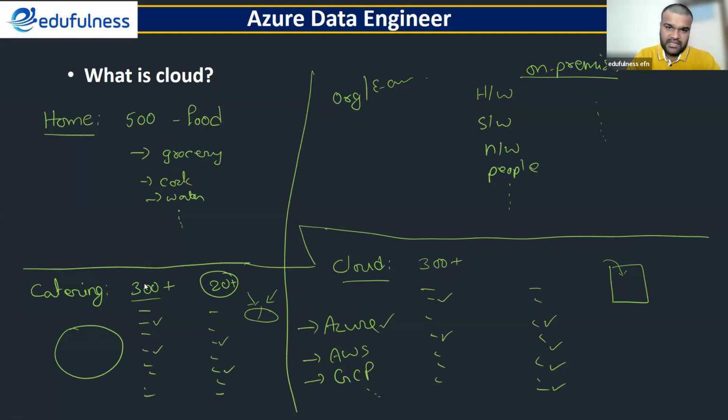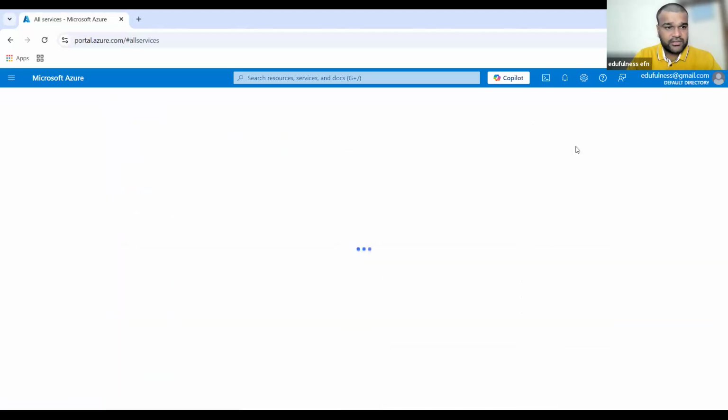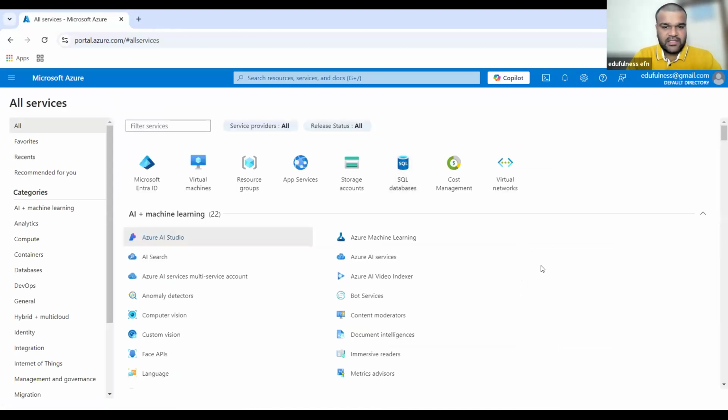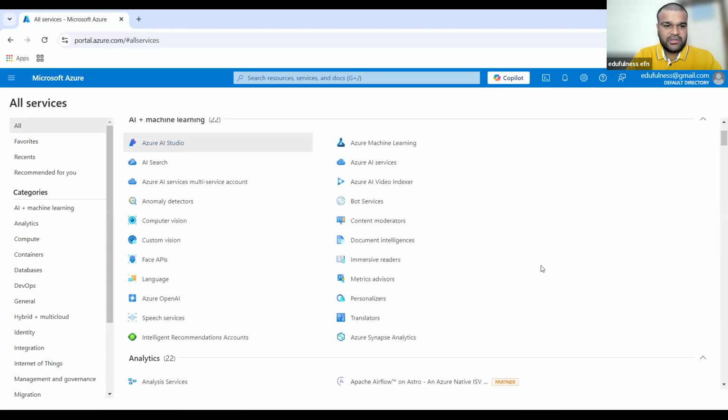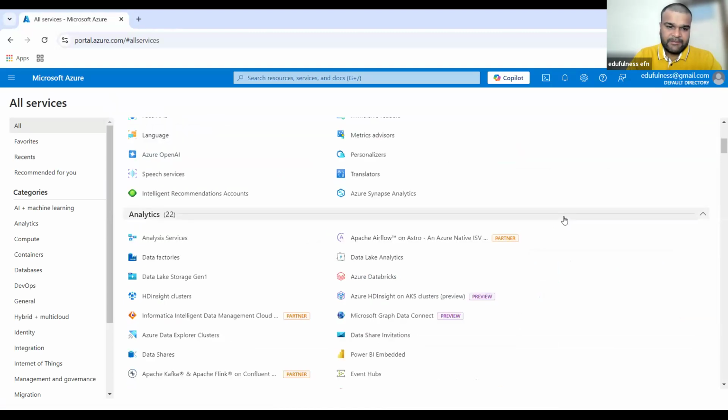Likewise, you can see what services Azure provides. When you click on more services, you can see all the different services it can provide. AI plus machine learning, these are different services, tools, and software readily available for you. You can use them, integrate them, connect them, and accordingly use them.